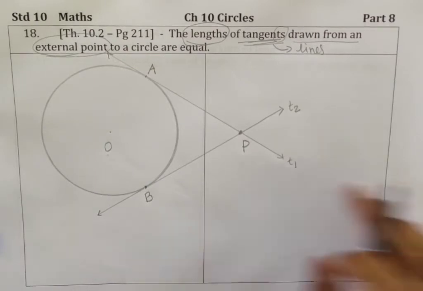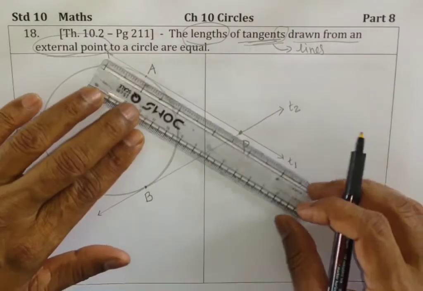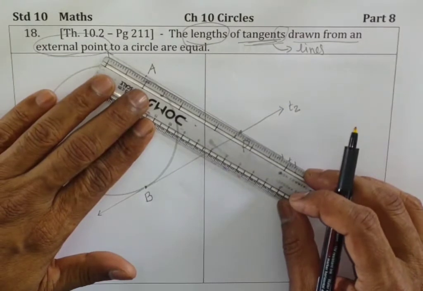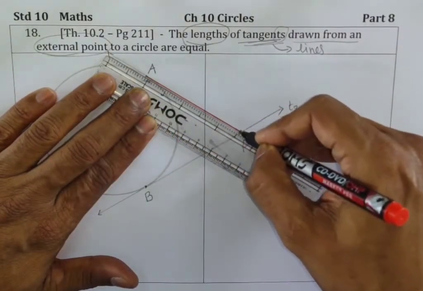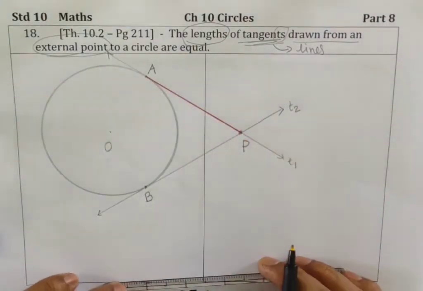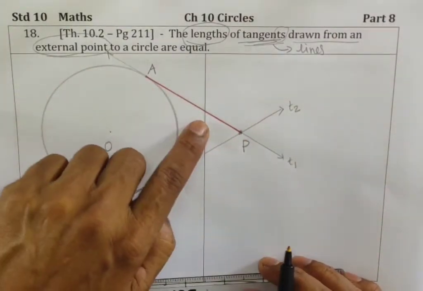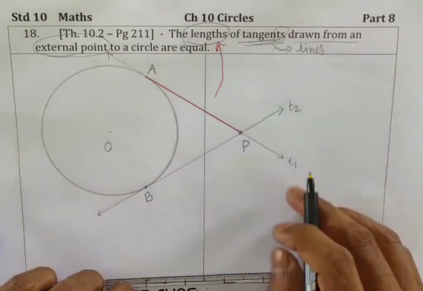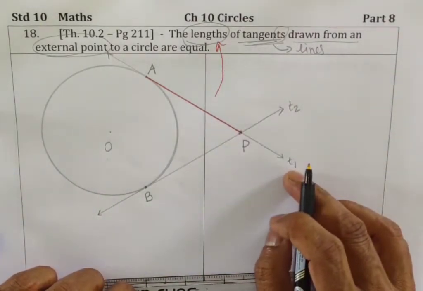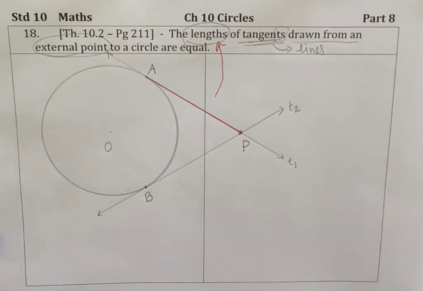Which is the first tangent? T1. Okay, on it which 2 points are there? A and P, where A is the point of contact and P is the exterior point. So this red line segment AP, it is called length of tangent T1. Is that clear? In the same manner,